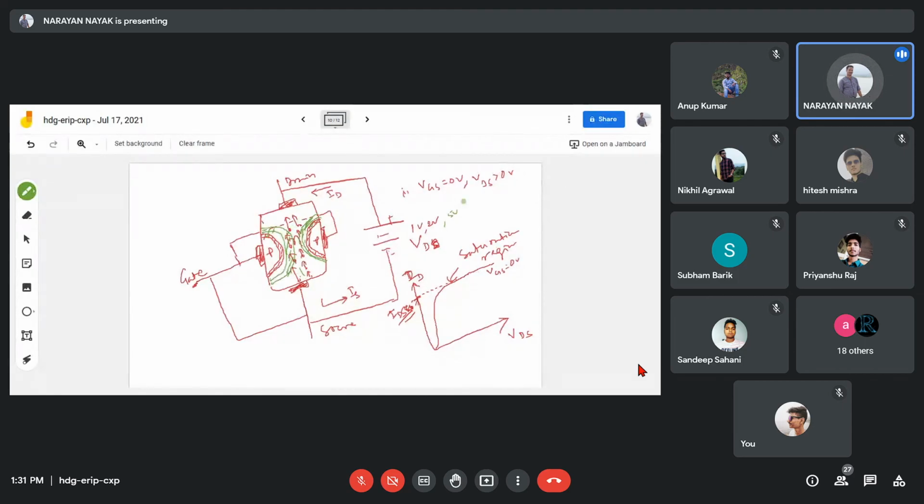Now again you have to increase the voltage, let us say 9 volt. Again this depletion region will be increased. Understood or not? Now what will happen? In one case, if you increase the drain source voltage, this depletion region and this depletion region will touch each other. Understood? Once they touch, will any charge carrier flow? Can any charge carrier flow? No. The charge carriers cannot flow.